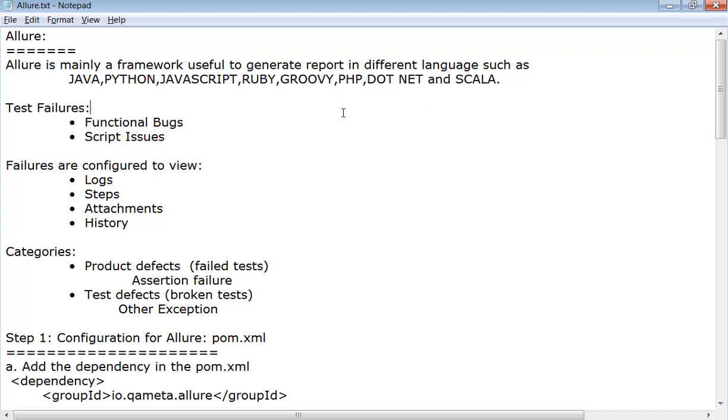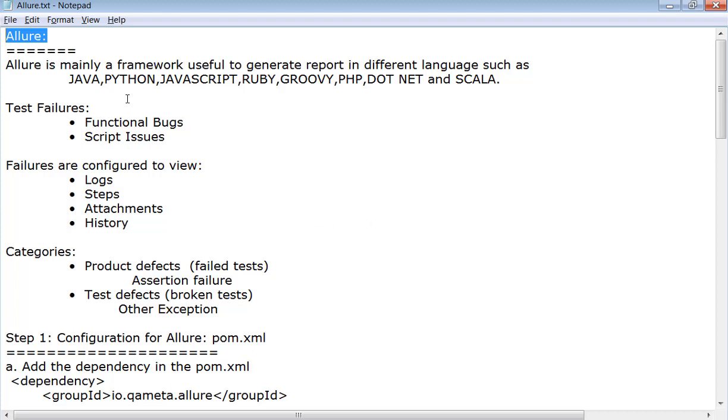So these are all the different languages which can be used to generate reports. Suppose you are developing a project in Ruby and want to generate a report, we can use Allure. So Allure is a framework that can be used with different languages.